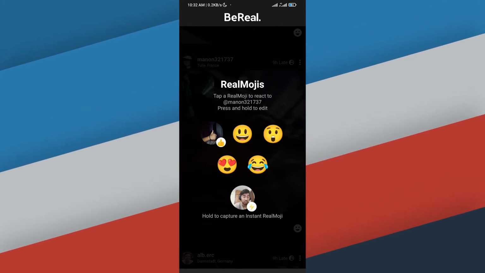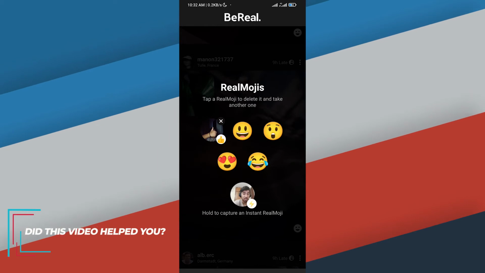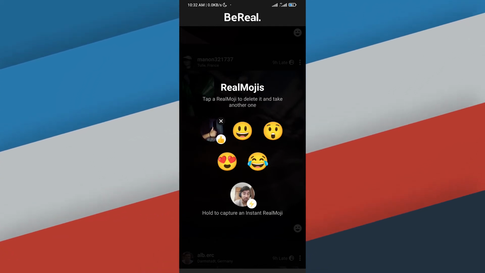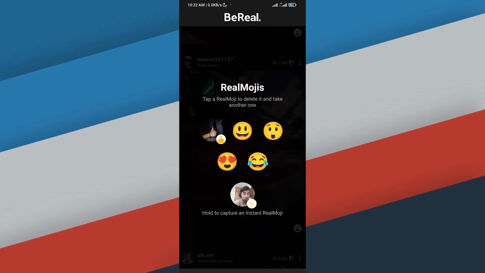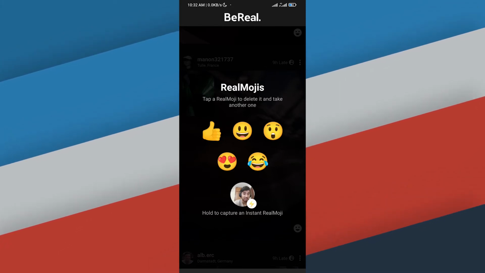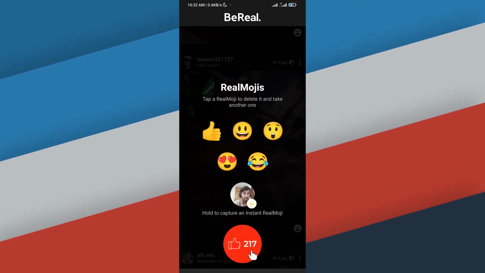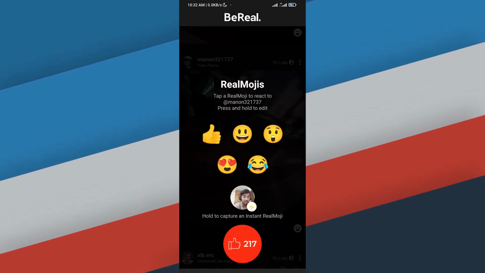I'll just press and long hold it. So as you can see, now it's floating. Now if I press this cross icon, it's going to delete that real emoji. And now if I click again on it and hold it, it's still going to ask me